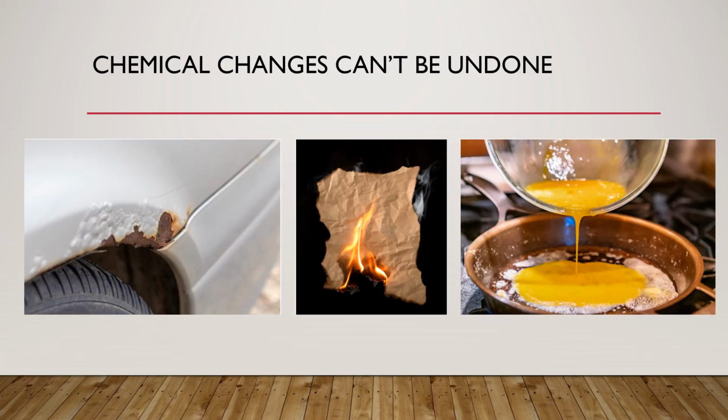Another common chemical change is rusting. When metals that contain iron, such as steel, make contact with the oxygen in air, a chemical reaction occurs. The iron bonds with oxygen and forms iron oxide, or what we usually call rust. Once your car starts to rust, you can't undo it. You can remove the rust and fill in the hole, but there will still be metal missing.